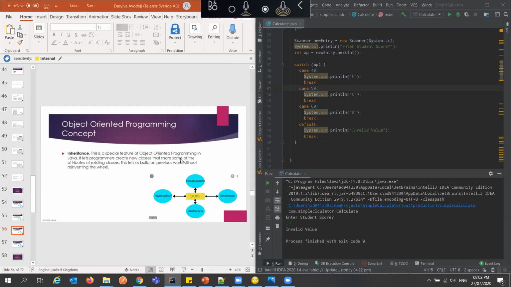Okay, good. So I've mentioned encapsulation, I've mentioned abstraction. Now the next one is what? Inheritance. So what is inheritance? Inheritance is a situation whereby an object gets some properties from the parent, maybe a class. For example, when you give birth to a child, the child will definitely have some similarities that will look like the father or the mother. So that's the concept of inheritance.